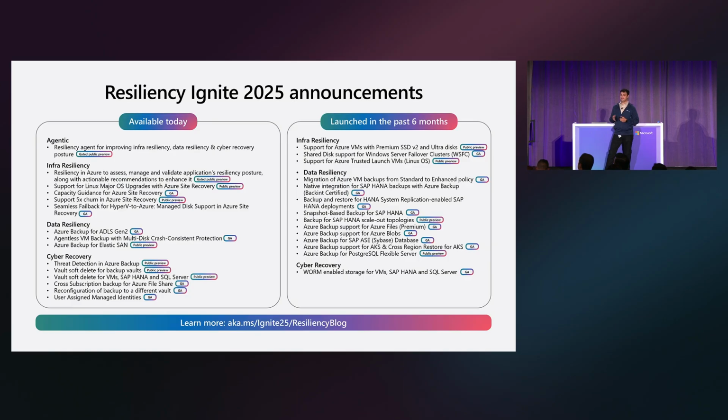The crash-consistent, agentless backup for VMs, something that a lot of our Linux customers have asked for, especially those who run sensitive workloads and do not want to have agents integrate with their virtual machines. And then there are the other capabilities around infra resiliency, which is something that we talked about in depth in our preceding sessions, including the resiliency agent, which is something that we are launching now, and we are continuing to accelerate the momentum with it.